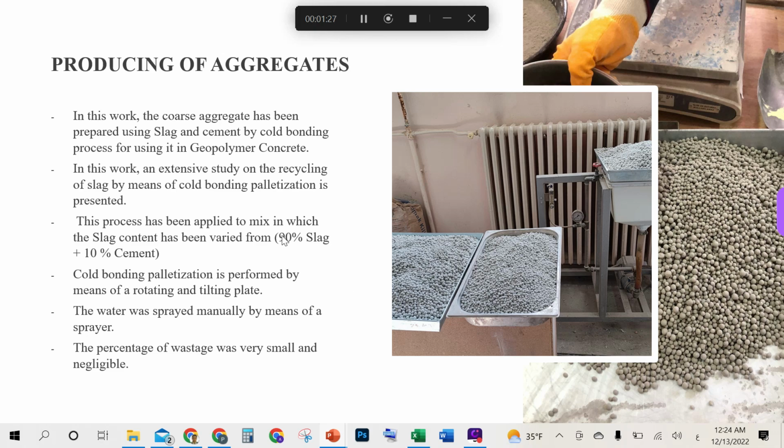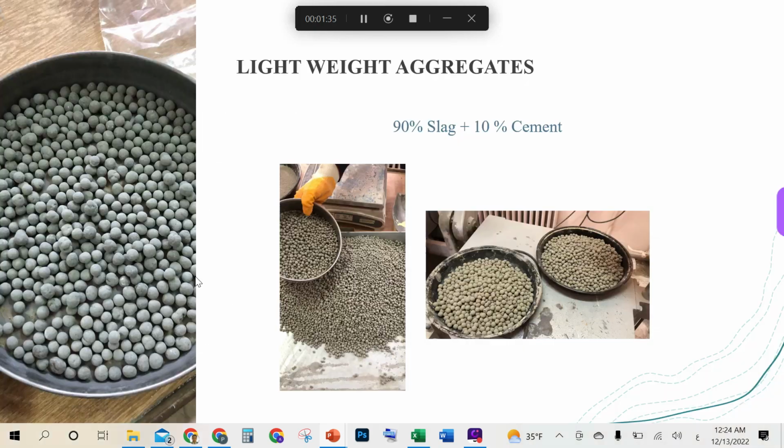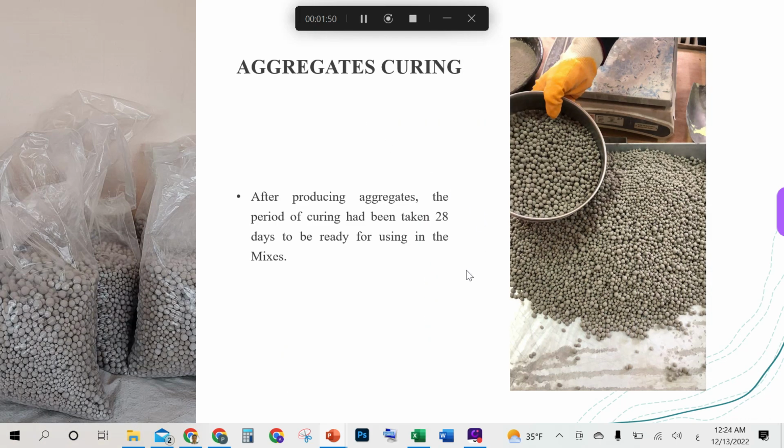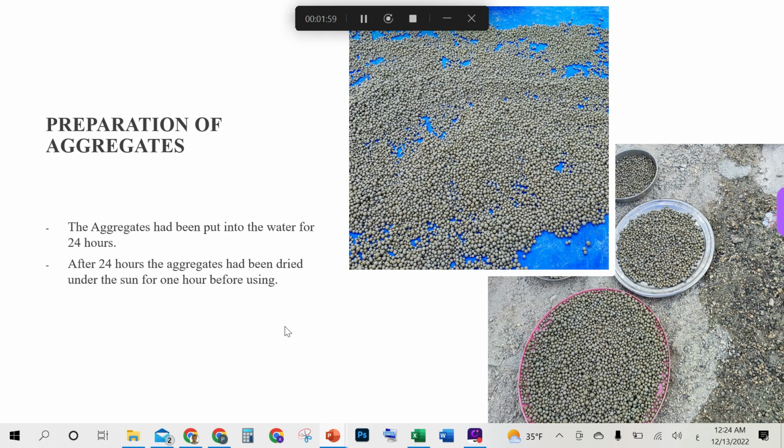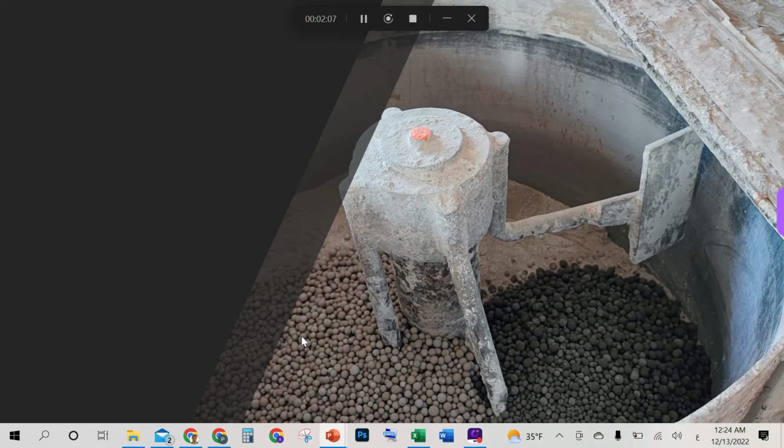As you can see in this slide, for producing the aggregates in this work, the coarse aggregate had been prepared using slag and cement by the cold bonding process. The lightweight aggregates contain 90% slag and 10% cement. For the aggregate curing, after producing the aggregate, the curing period was 28 days to be ready for use in the mixes. The aggregates were then put into water for 24 hours. After 24 hours, the aggregates were dried under the sun for 1 hour before using in the mortar,